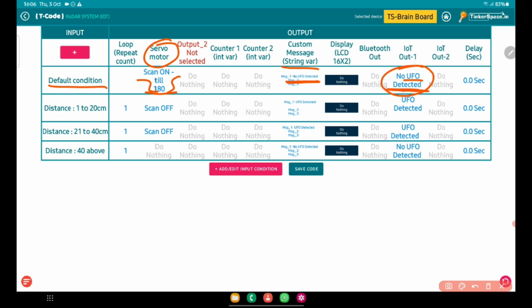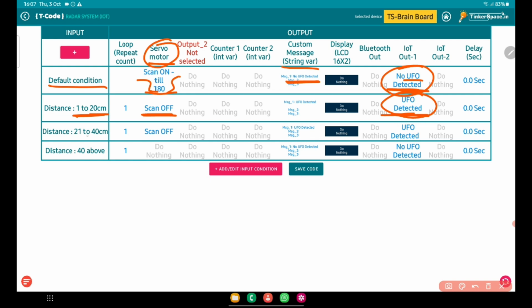UFO over here is unidentified foreign object. In the distance 1 to 20 cm, it means the object is too near to the ultrasonic sensor. In that case, the servo motor will stop scanning and it will stay at the position where the object is detected. So in the IoT message box, we will get a notification as UFO detected.